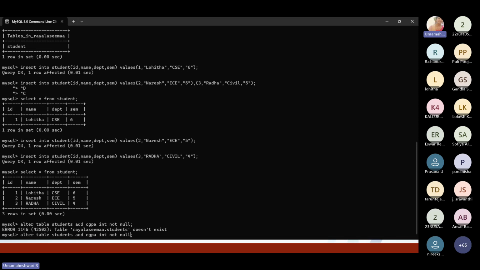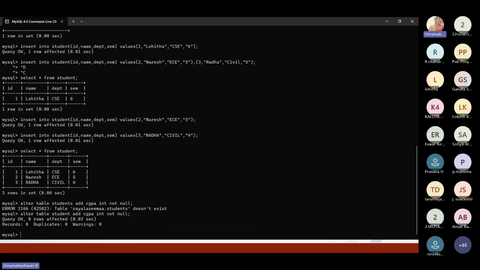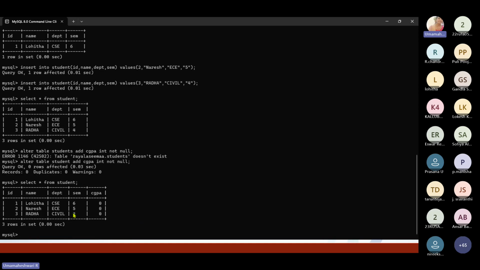So it is student. Okay, so it is updated. Now you go and check the details. You can see the extra column has been added. If you want to add one more column like this, then you can change, add,